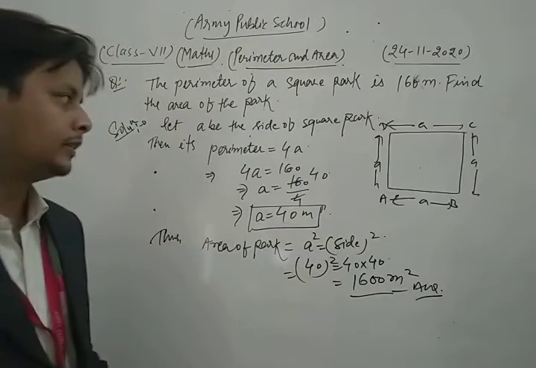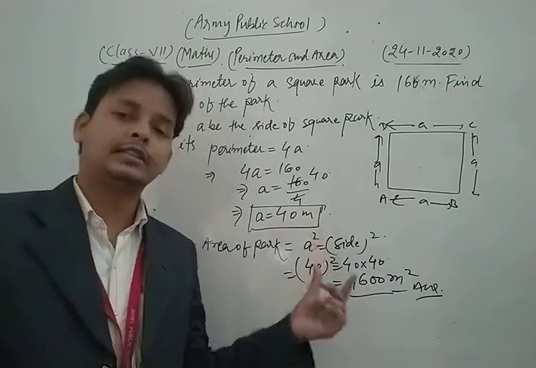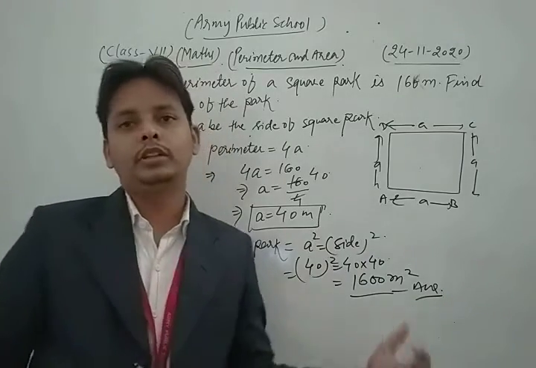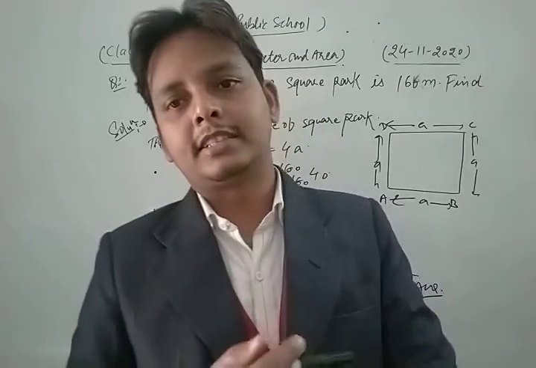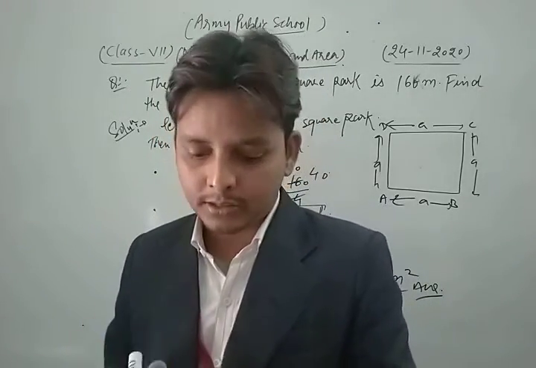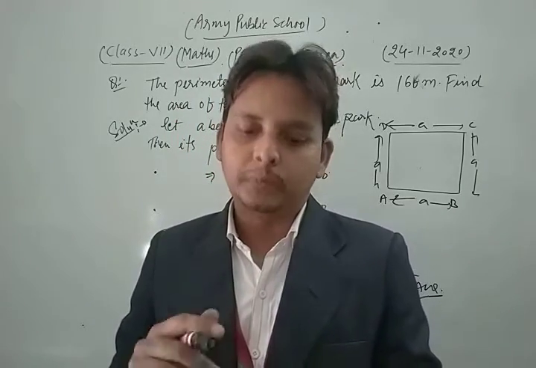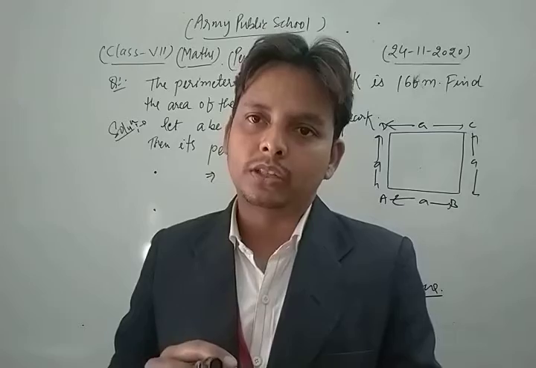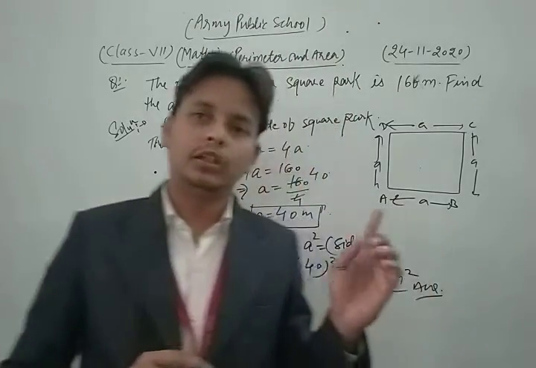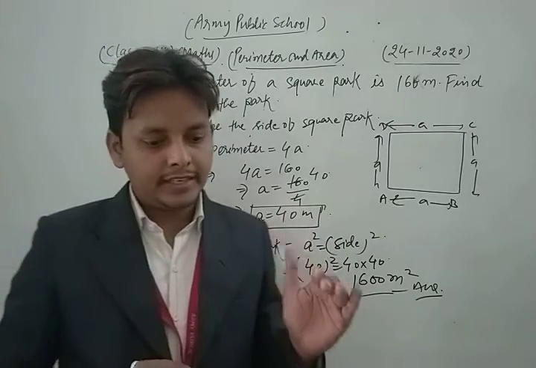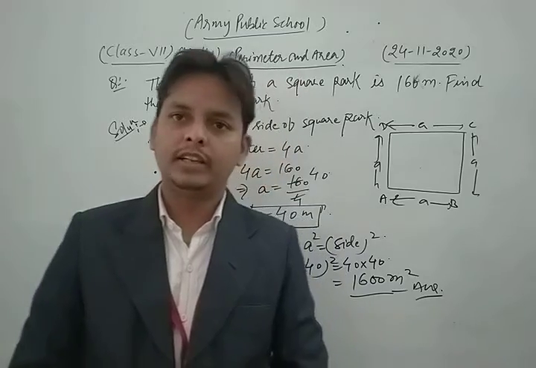Because, you know that area is always written in square unit and perimeter is always written in unit. So in this way, dear friend, you can solve each and every question of your NCERT exercise based on the topic square. Thus, dear friend, in this way we solved questions based on the parallelogram, the triangle, the rectangle, the square. Now we take and solve some important questions based on the circle. Okay, let's see.